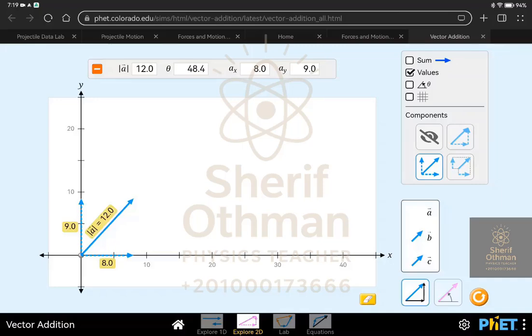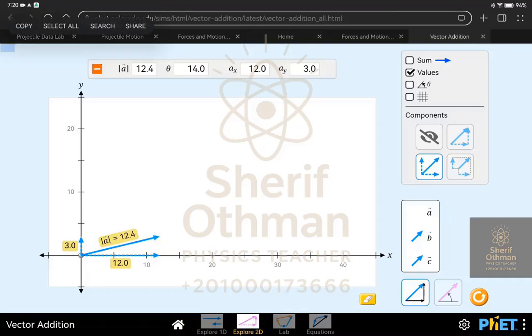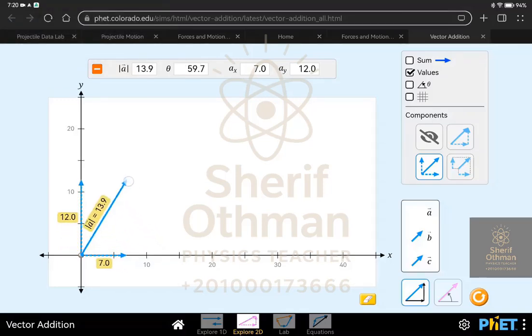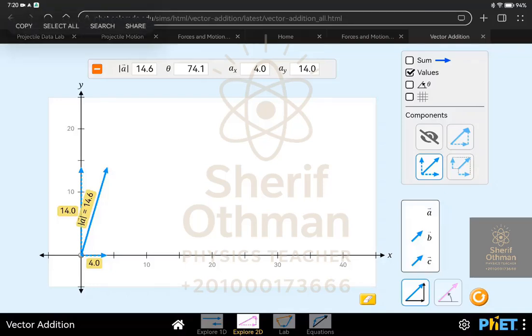As the vector A moves toward X, by decreasing angle theta between A and X, the value of X increases and the value of Y decreases. And if A moves towards Y, as we can see, the value of Y increases and the value of X